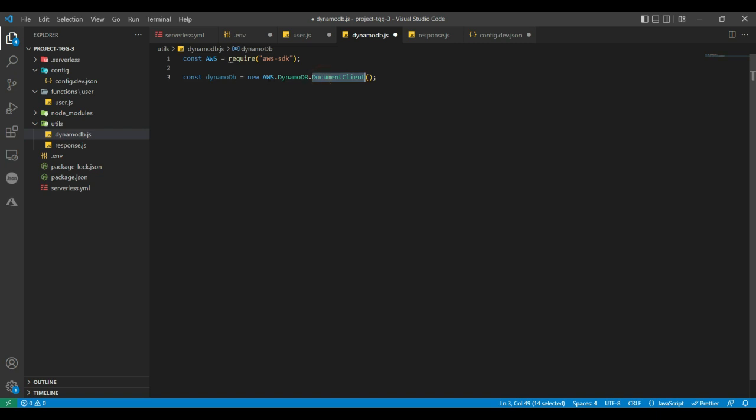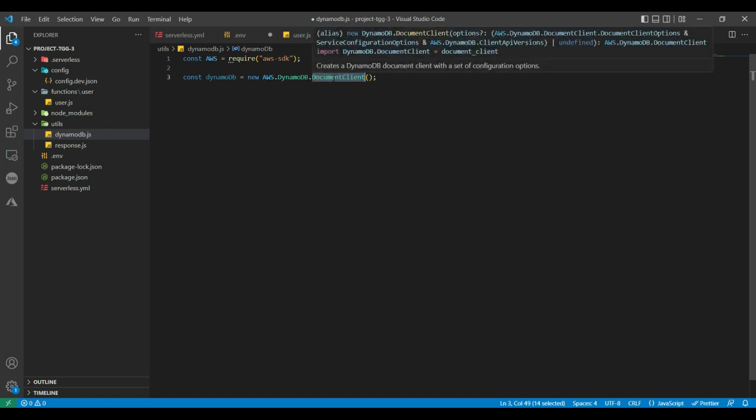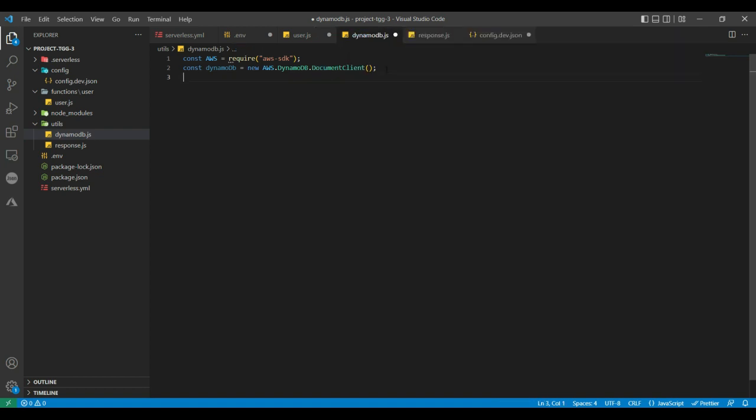So here we are creating a document client to interact with your DynamoDB tables and perform all the different operations. And because we are creating a user, we are going to save the user's password as well, and I want to encrypt the password before saving it to DynamoDB. To encrypt the password, I'm going to use a library called bcrypt.js. Now this library is not available by default in your Lambda function environment, so we will have to import it